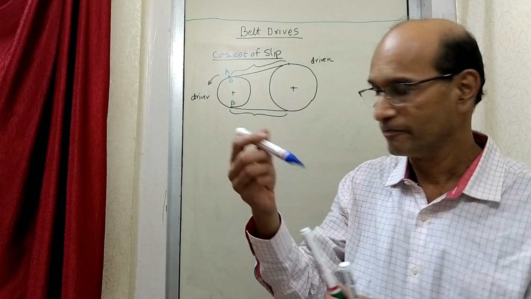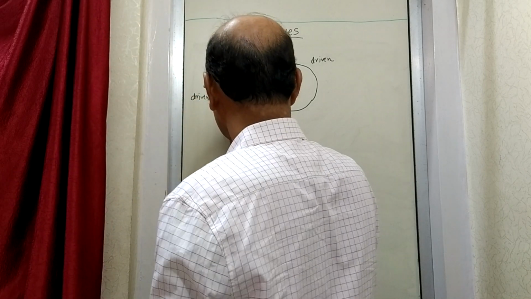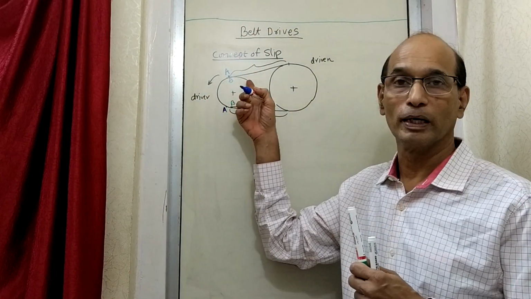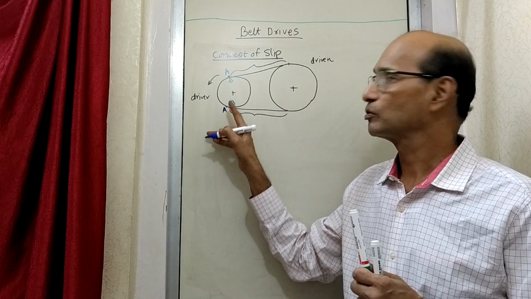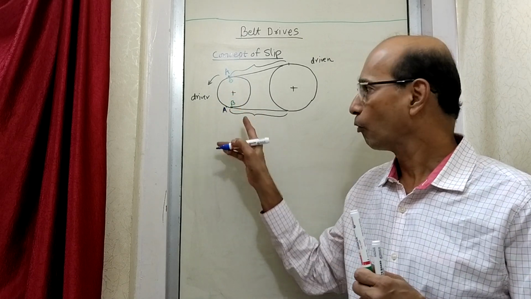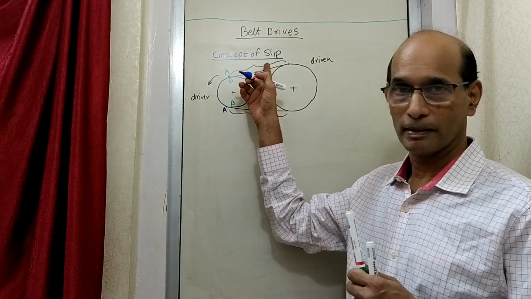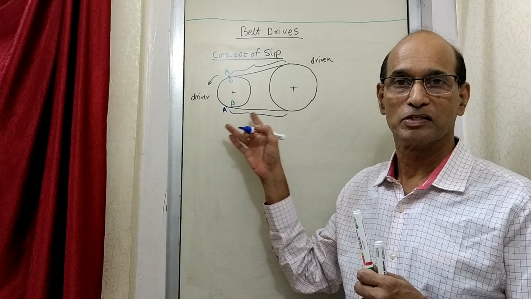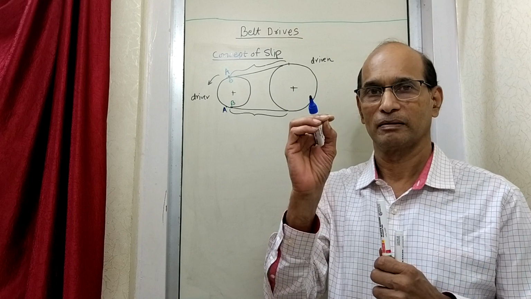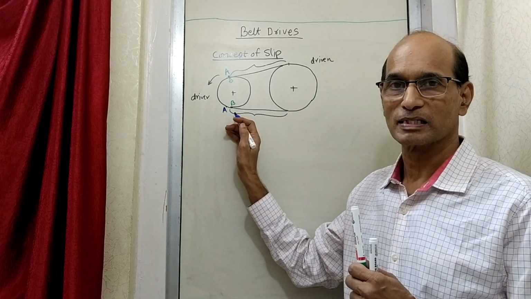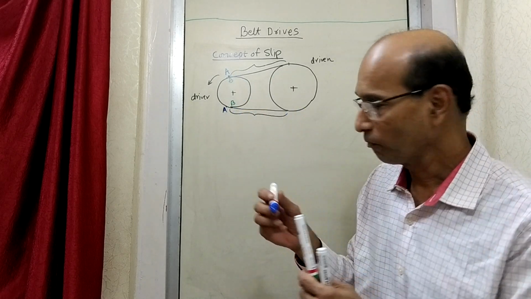Now see what happens in reality. In reality, A will be here. You will find that A and B were together here, but now B is here and A has been left slightly behind. A is not carried by B. A has remained back because of slip. Now what I have drawn is not the exact amount, it is very, very less. It is in percent, maybe 1%, 0.5%, very less. I have shown it just to understand, but what happens is A and B don't remain together. This is what happens.